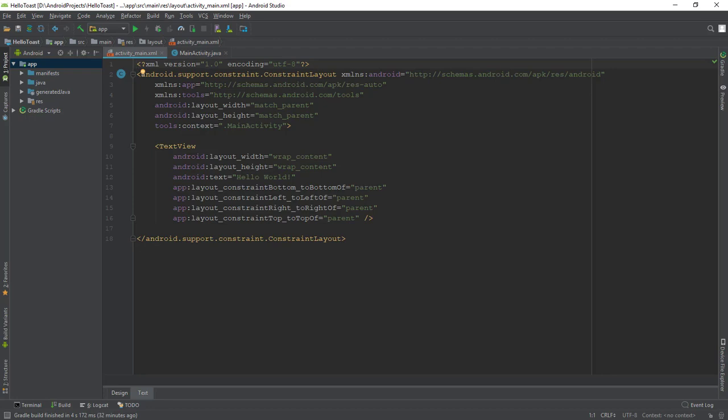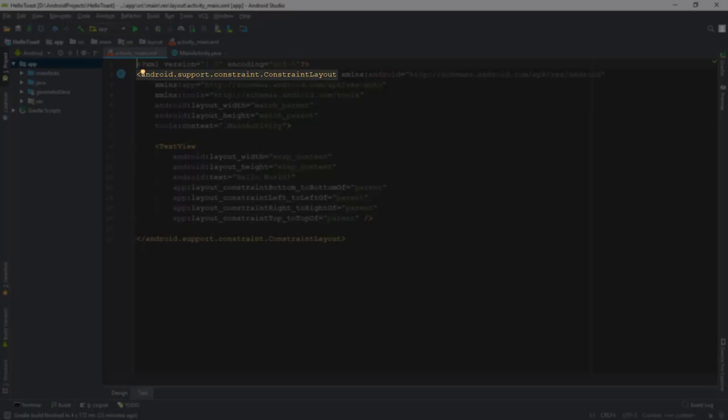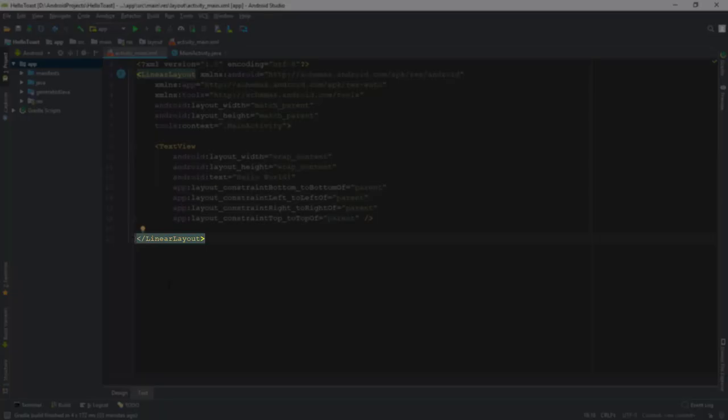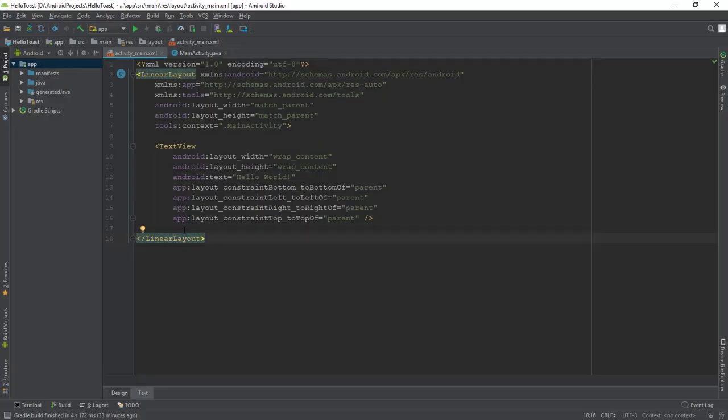Next, we will change the view group to linear layout. The root of the view hierarchy is a view group, which, as implied by the name, is a view that contains other views. A vertical linear layout is one of the most common layouts. It is simple, fast and always a good starting point. Change the view group to a vertical linear layout as follows. Make sure the closing tag at the end of the code has changed to LinearLayout. If it hasn't changed automatically, change it manually.